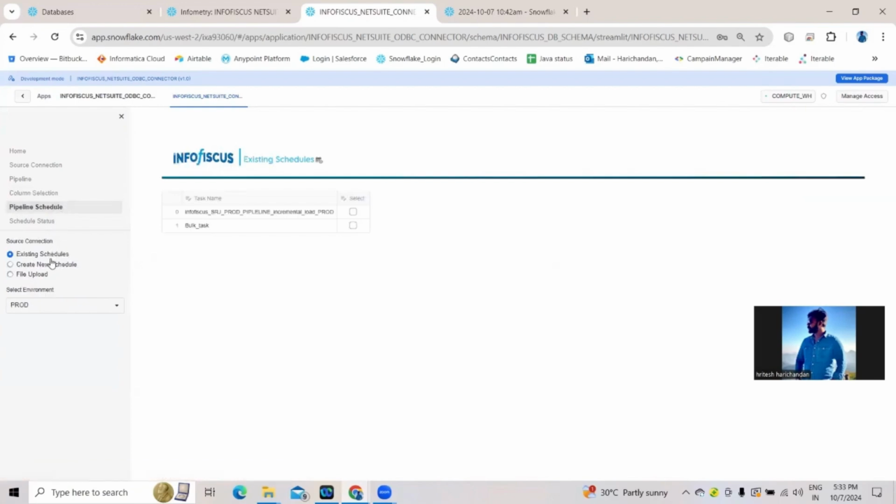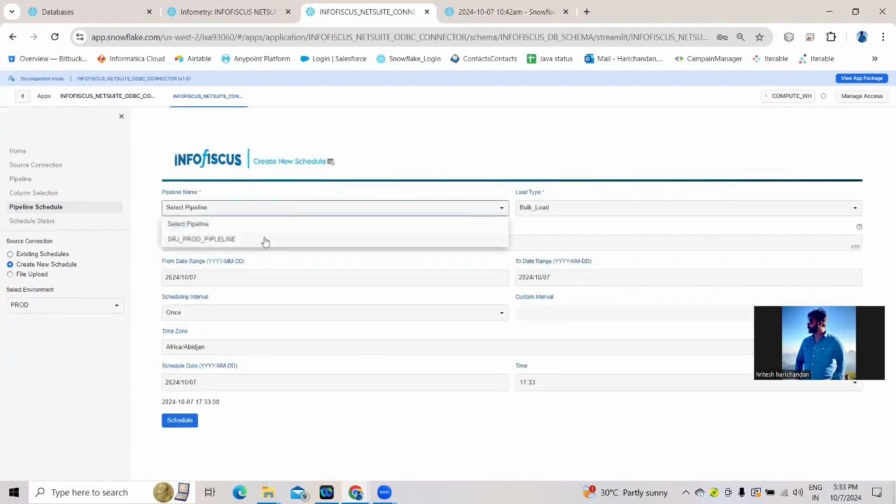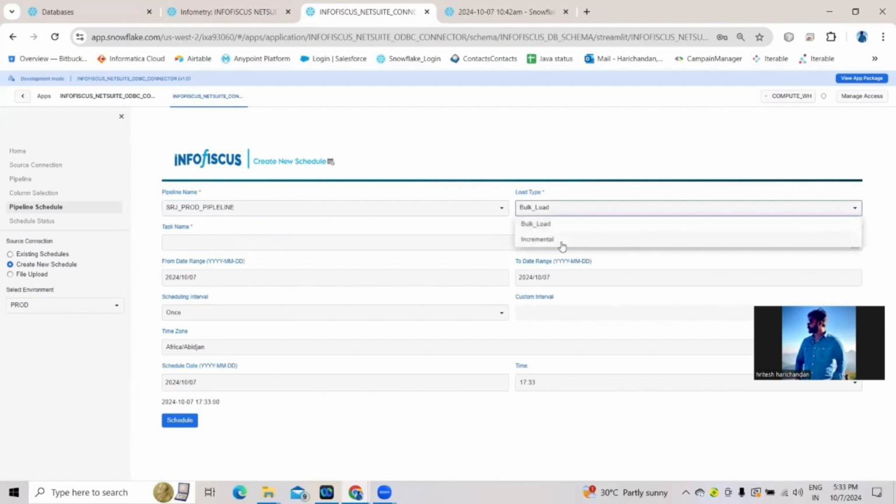So here also we have existing schedule, create new schedule. You can come to this create new schedule, and you can select the pipeline, whatever pipeline you selected, you can select it from here, and you can select the load type, whether it is a bulk load or incremental. If you are doing it for the very first time, like if you want all those historical data to